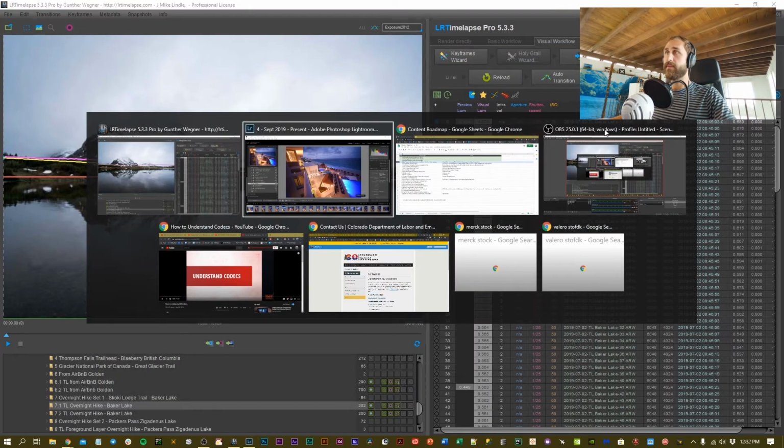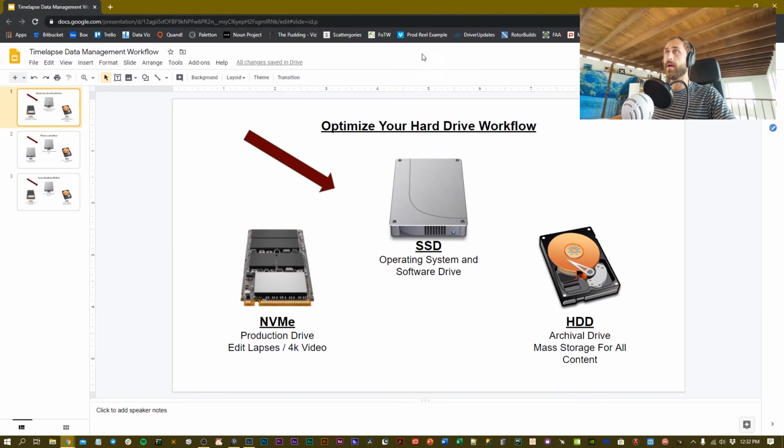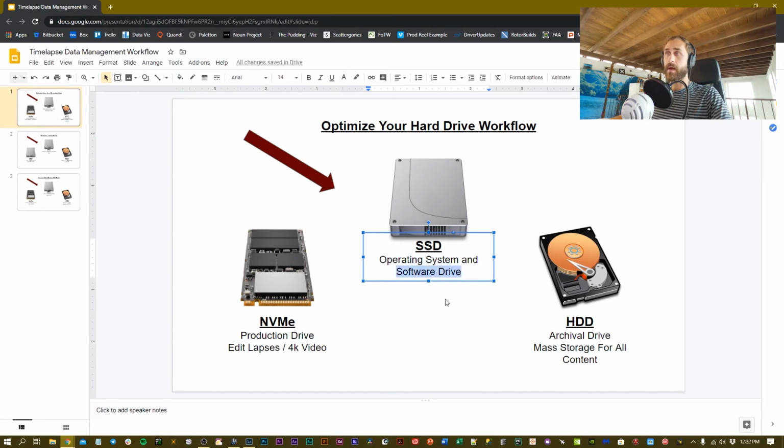So to talk about the 3 file system, I want to touch on what I'm currently using, right? And I have, as my operating system and where I keep my software,